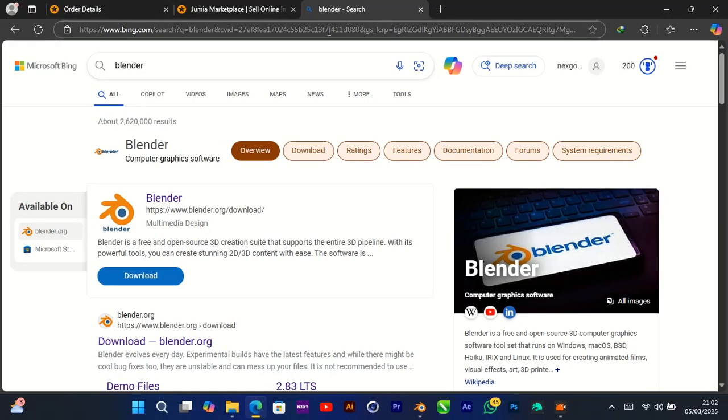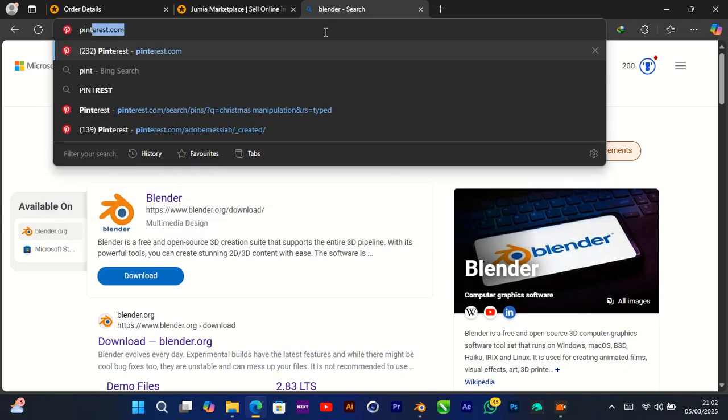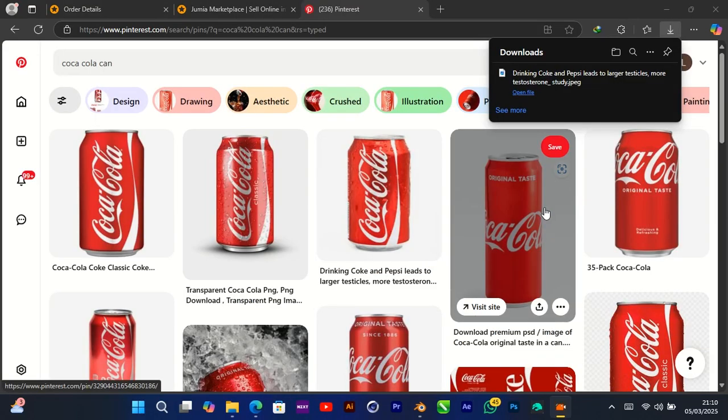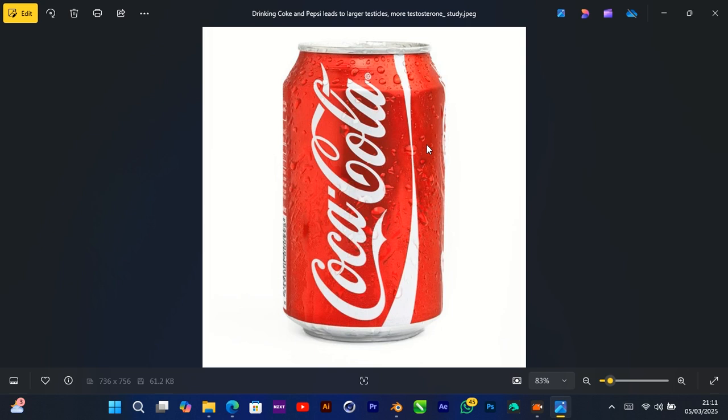Before you start any project, you have to first of all find a reference image. And I usually find this reference image on Pinterest. Yeah, so this is the reference that I got on Pinterest. So I've downloaded one. So let me just open it. So before you start modeling, if you look at the can, it is in the form of a cylinder,